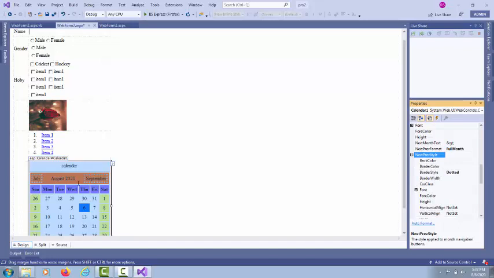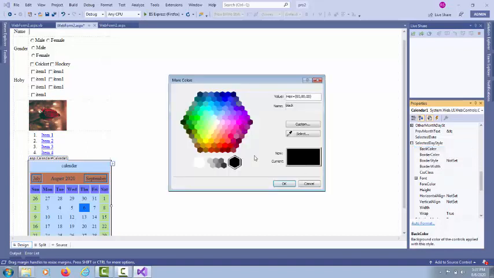Next previous style. So the same, month style we can set here. Okay, I set it as dotted. I can also set it as double or groove. Okay. Now next property is the selected day style. I set the selected day style color. If you want to select another color, then you can also set another color. It will display at runtime. Yes, at runtime this particular property will be displayed.